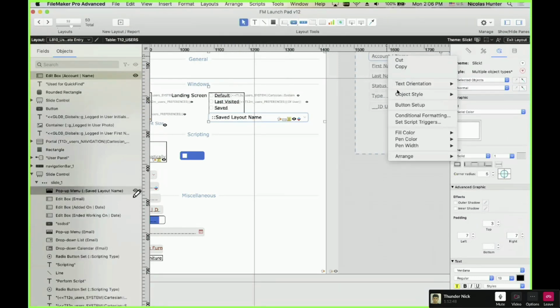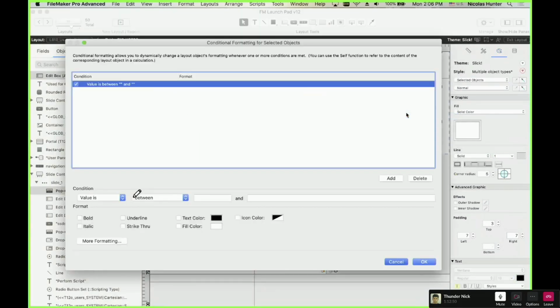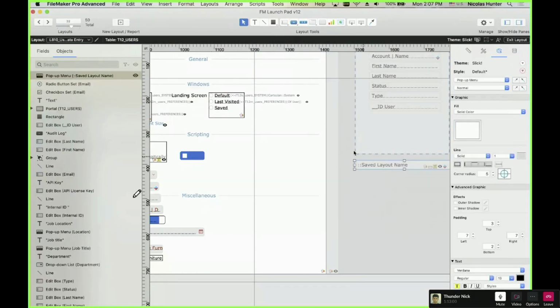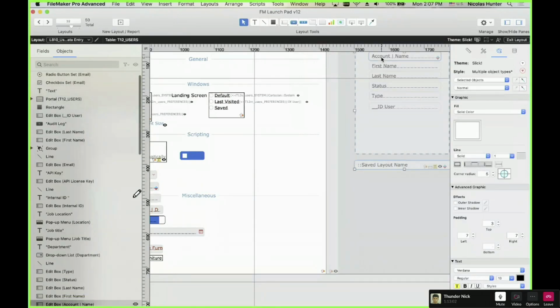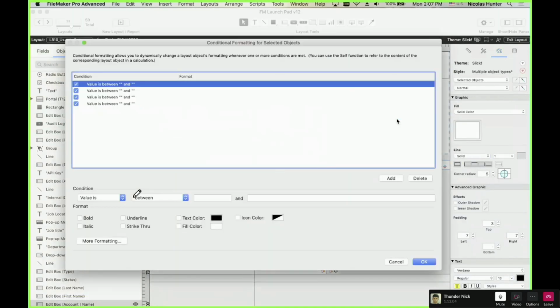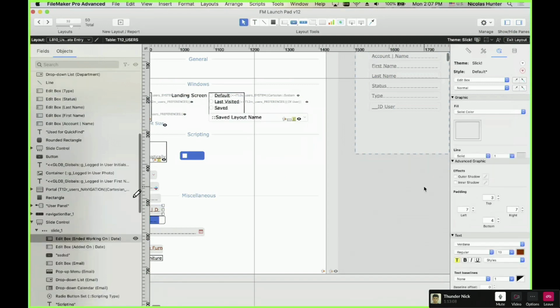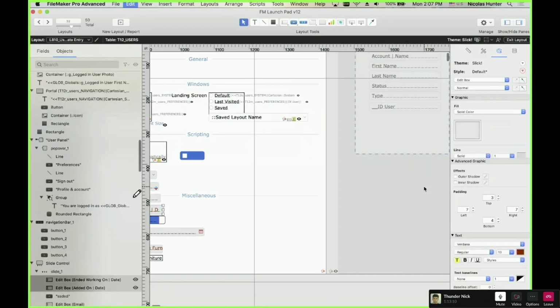No. See, because this one is still on top, because this one is inside. If I take this one out, in that case, it's going to work. Okay, now I know how it works. So it's the top object within the...